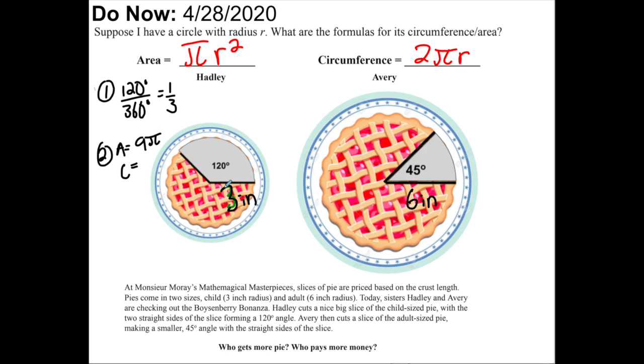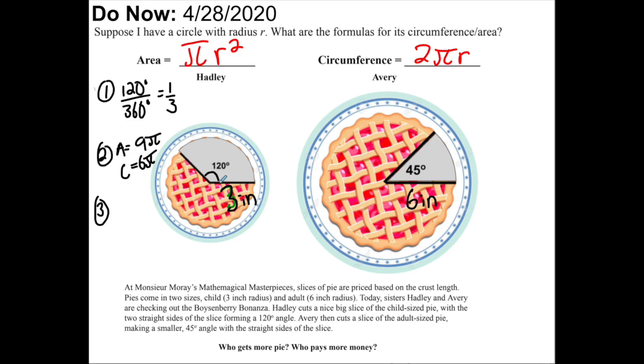And if the radius is 3, the circumference is 2 times 3 times pi, so it's 6 pi, because 2 times 3 is 6. Okay, step 3 is to take the ratio from the first step and multiply it by the area. So that is to say, if